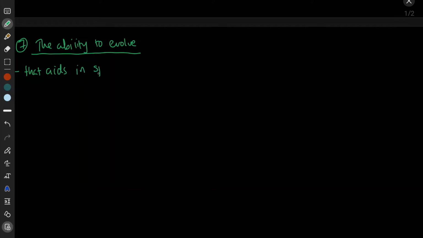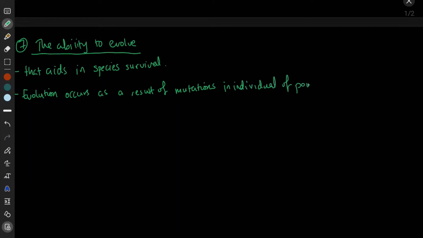So the next one we have is the ability to evolve. Okay, so again, this is another characteristic that aids in species survival. So what is evolution? Well, evolution is something that occurs as a result of mutations in individuals of populations over time,